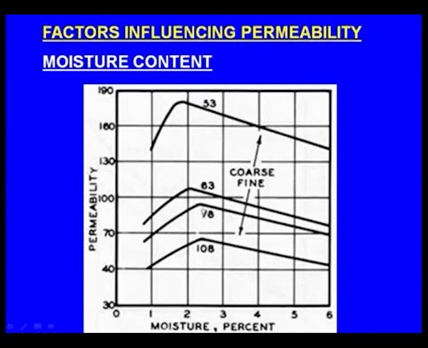In each case, the grain fineness number is 78. Even in this 78, you can see the moisture content is 1% and it slowly keeps increasing, but once it reaches about 2.5% it starts decreasing, and the same is the case with the other grain fineness numbers also. So from this graph we can know that as we increase the moisture content from the minimum amount, the permeability will increase to a certain level. Once it crosses about 2% or 2.5%, as we keep increasing the moisture addition, the permeability will come down.